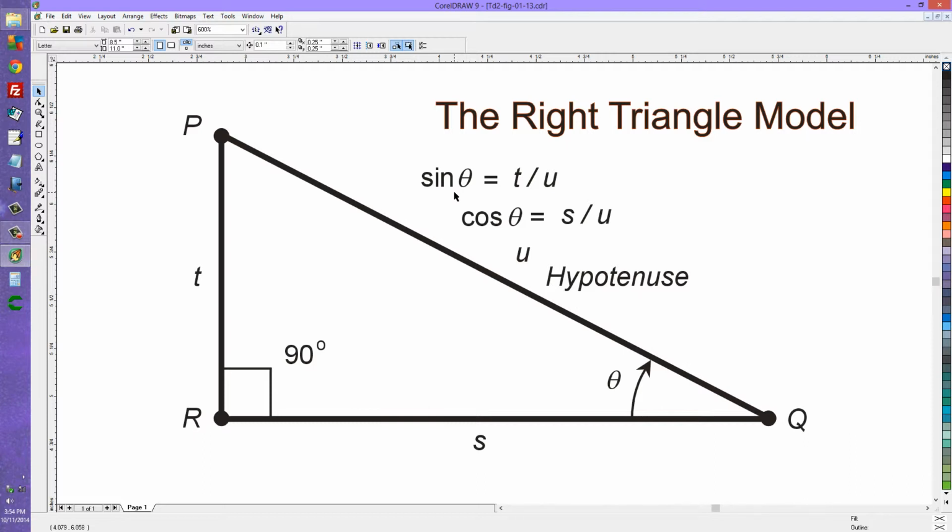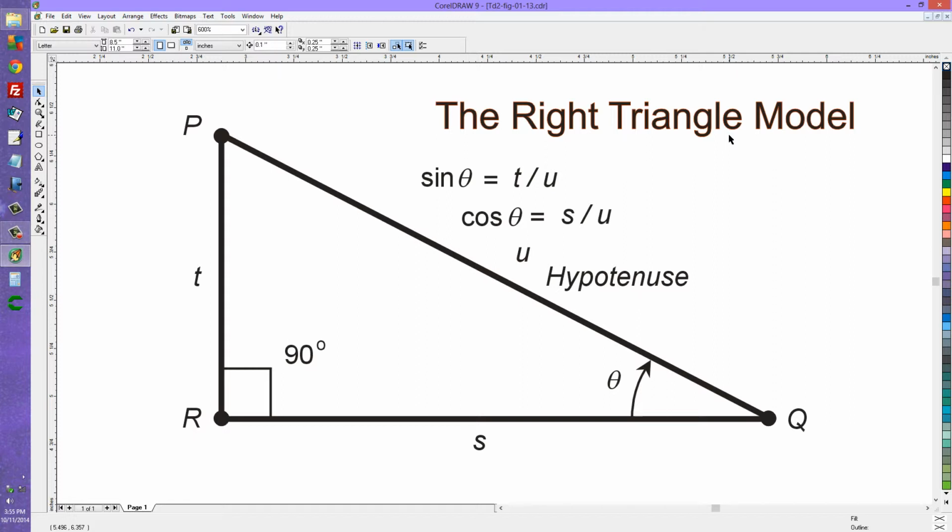That's how we define the sine of this angle theta. Similarly, we define the cosine of the angle theta as the length of the base divided by the length of the hypotenuse. Now, this particular model, the right triangle model, may seem intuitively easier to most people, and when I